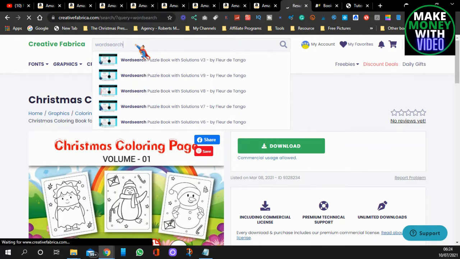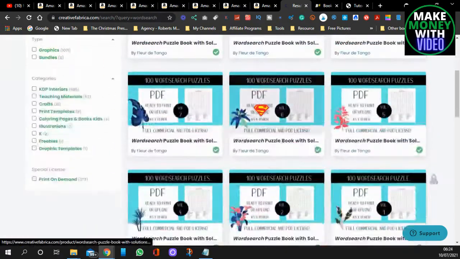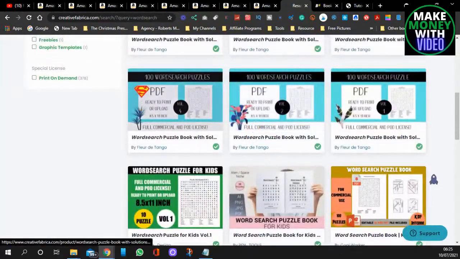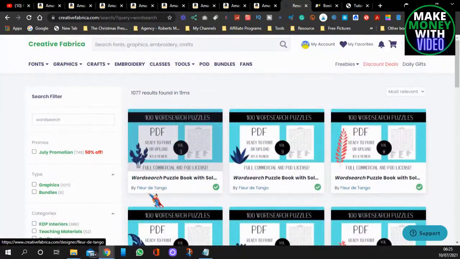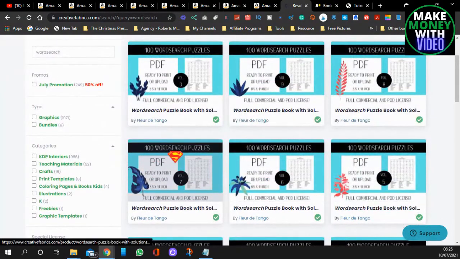So type in that, and you can have a look at different ones. Now this guy, I'll start from the top. This person, he's made quite a lot of different ones, and he's got 100 different word search puzzles. Yeah, full commercial and print on demand license. So he's already made it for you. The different volumes he's made